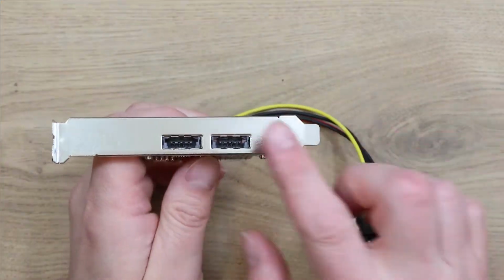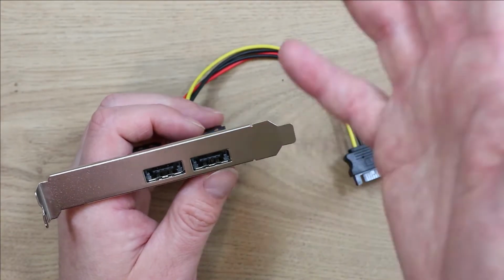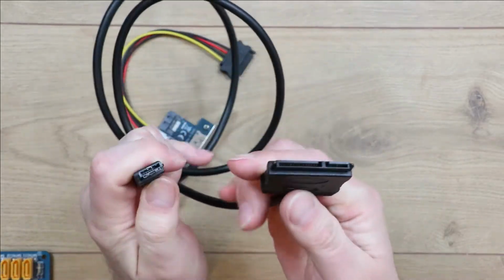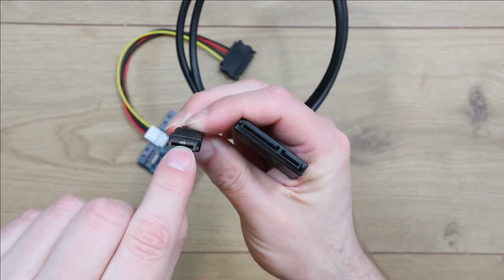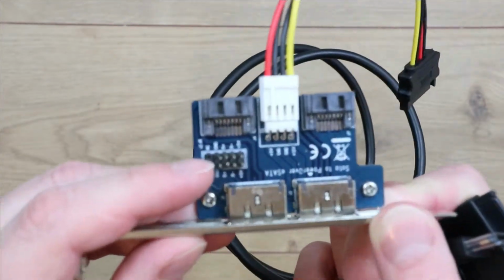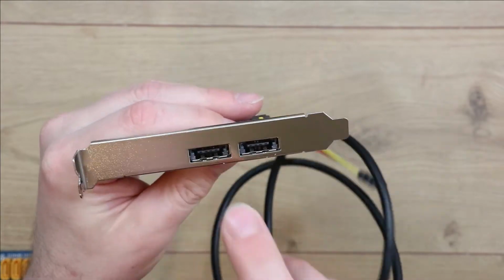Now the reason I want to be able to have an extra eSATA port on this system is so that I can attach and plug in other drives without using the IC dock. So I can just plug something in either straight out the back of the machine or the front, depending on how I mount this. And I can use one of these cables. This is basically an eSATA to SATA cable, except this is actually an eSATA P. So you get the 5 volts down the middle, which you can actually also use these ports as USB ports, USB 2 I think, which is why you've got the USB header on here. So that will take 2 USB ports,